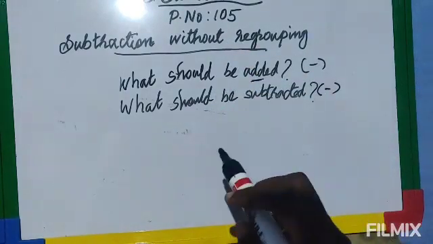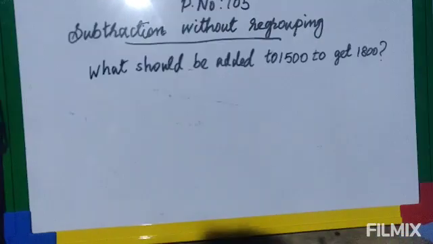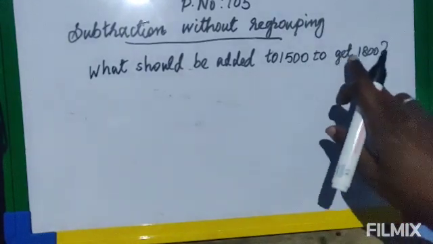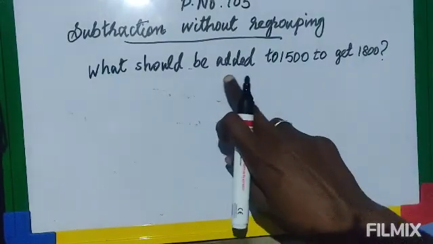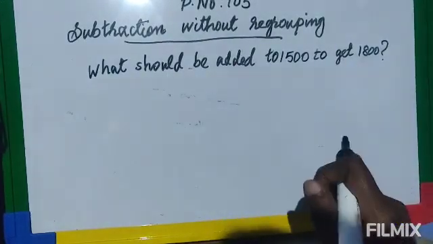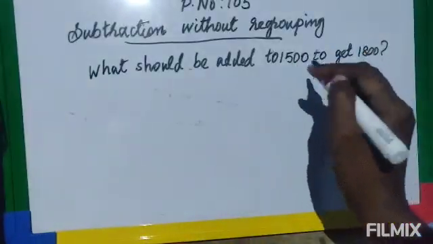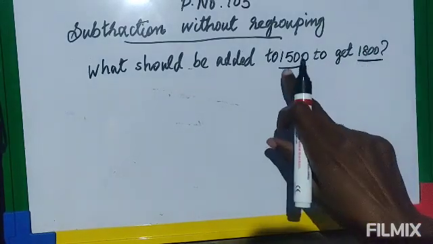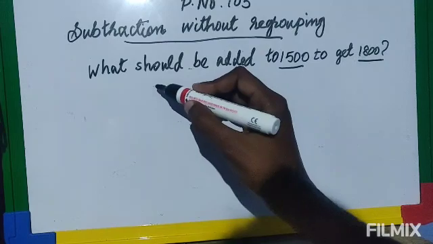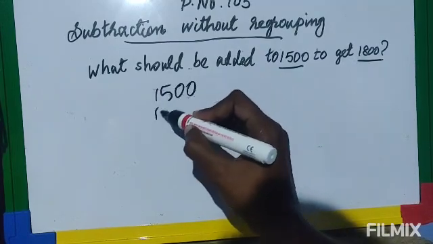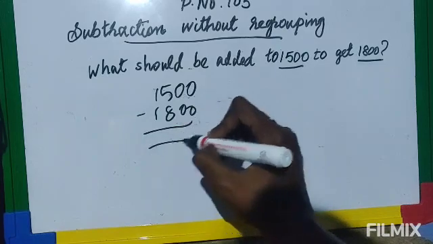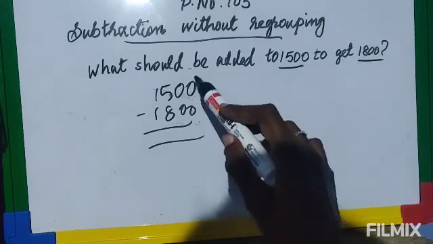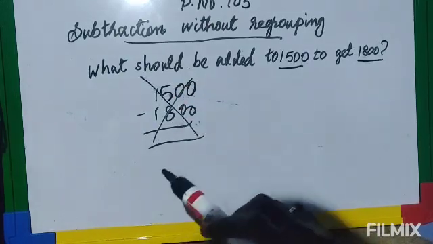So in this let me give an example now. Okay, here I have given an example: what should be added to 1500 to get 1800. So "what should be added" comes, this is a keyword, you have to minus, I told. To minus we need two numbers. Here there are two numbers, 1500 and 1800. You cannot write 1500 first and 1800 second and minus. If you do that, you cannot minus because this is the bigger number and this is the smaller number. You have learned already in subtraction rules, this is wrong if you write like this.